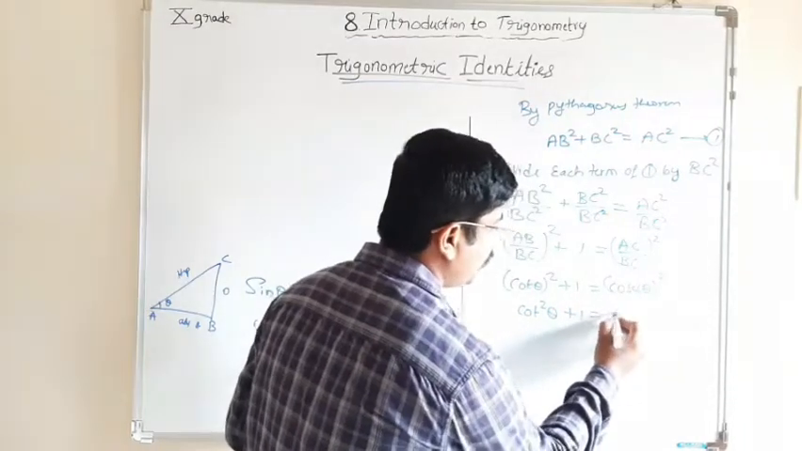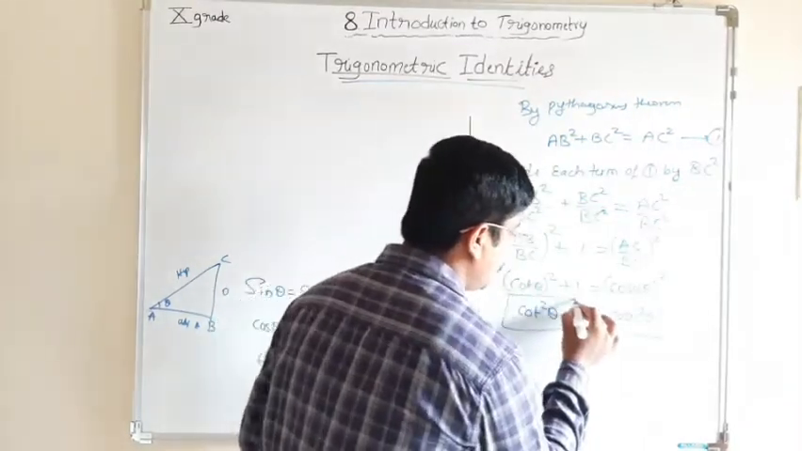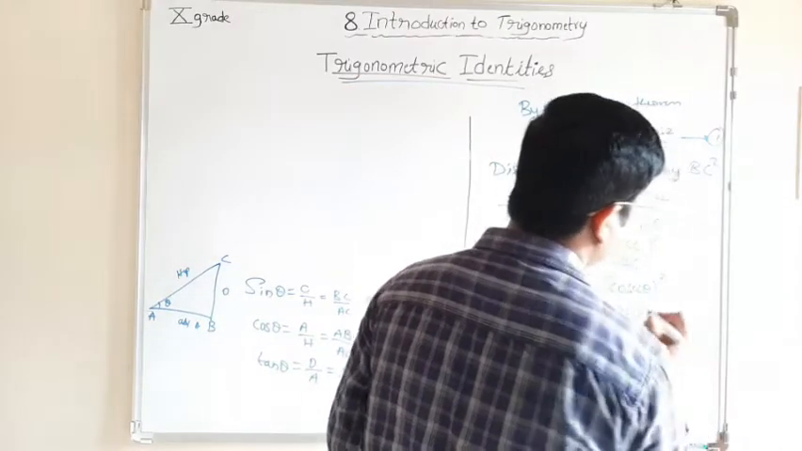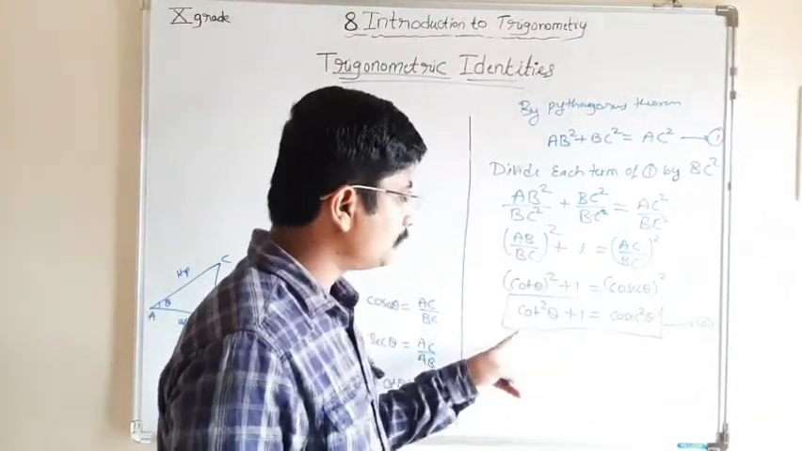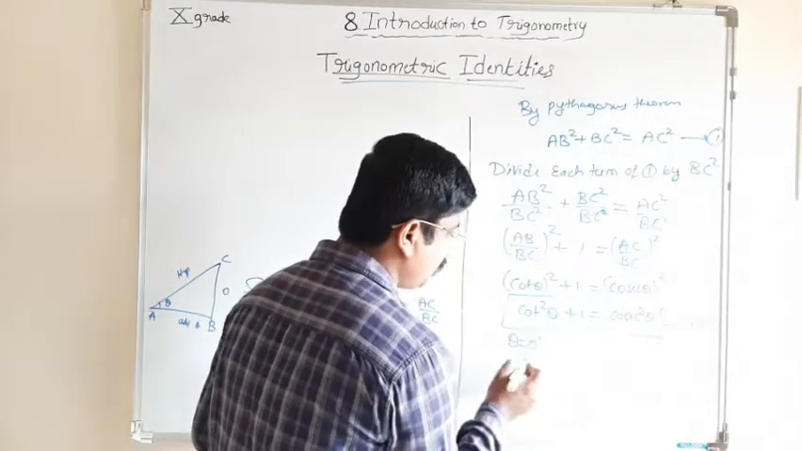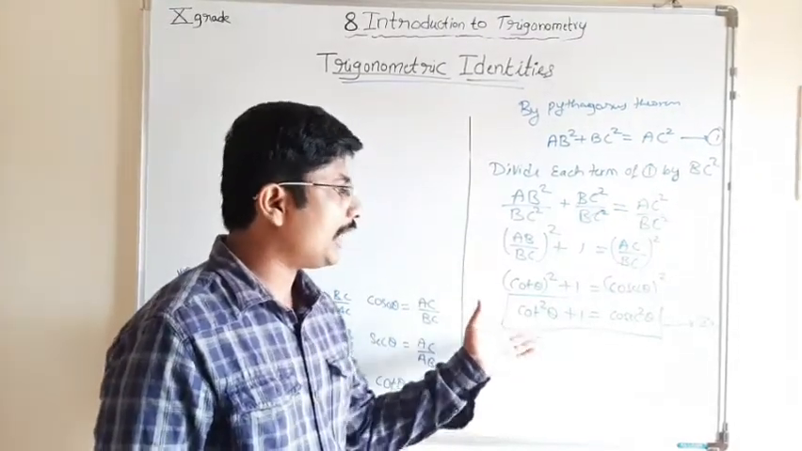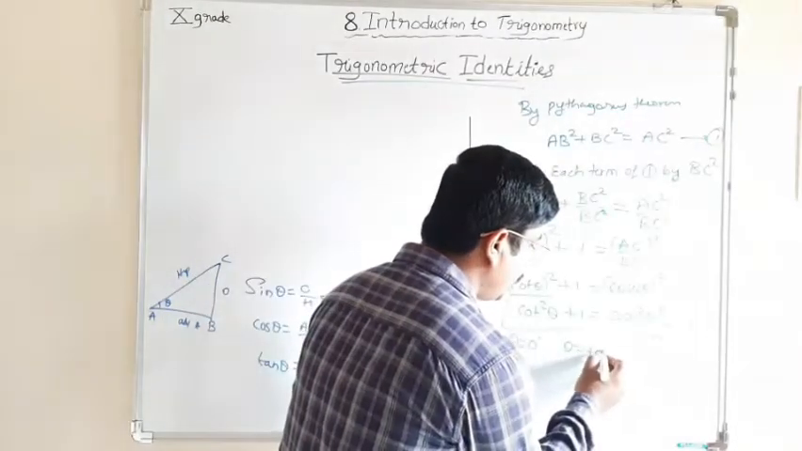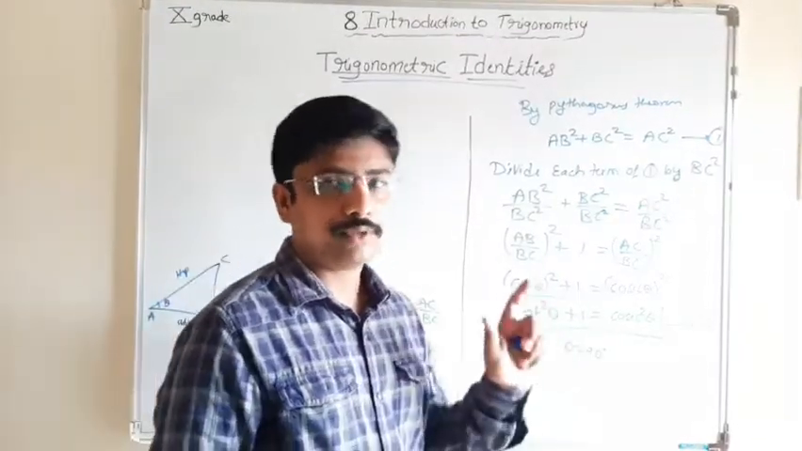Cosec theta whole square may be written as cosec square theta, which is a trigonometric identity. Call it equation 4. Is it true for theta equals 0 degree? See here, for theta equals 0 degree, cot theta and cosec theta are not defined. For theta equals 90 degree, yes, it is true. Therefore, it is true for all the values of theta